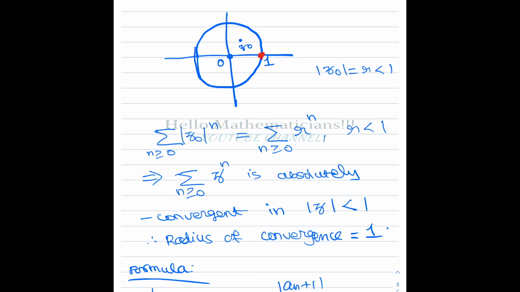At this point we know it is divergent. Therefore, what is the largest disk in which this series is convergent? That is basically the interior of this disk. We cannot take the circle, because on the circle at some point we know for sure the series is divergent. Therefore, the radius of convergence is 1. So once you know some point where it is divergent, then by using this geometric series kind of argument you conclude the radius of convergence right away.